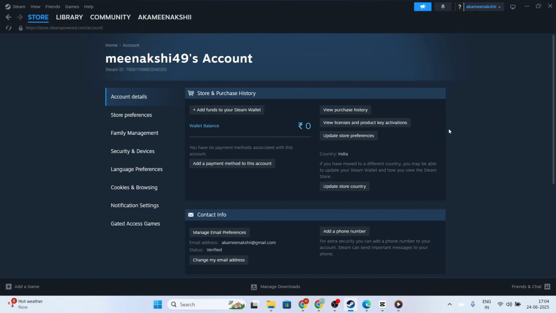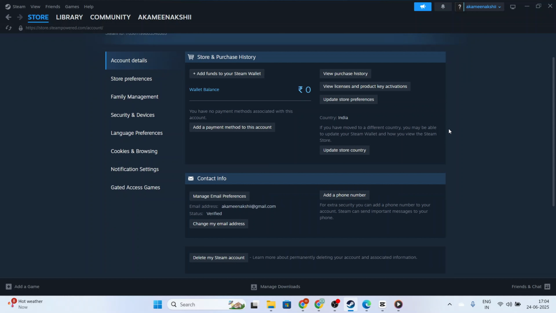After following these steps, you should feel a lot more secure. Logging out from unfamiliar devices is a crucial part of maintaining your account's security, so I recommend performing these steps periodically, especially if you use shared devices often. And there you have it, a simple yet effective way to ensure your Steam account stays secure, no matter where